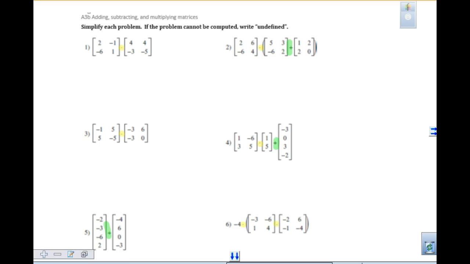Yeah. Okay. When I get to number 4, can I multiply them? Look at number 4. Can we multiply? Yes, because I have a 2 by 2 times a 2 by 1. That works for multiplication, right? And then you have to check, does it work for the addition? This one, you're multiplying first these two, and then you're taking the whole answer times -4,